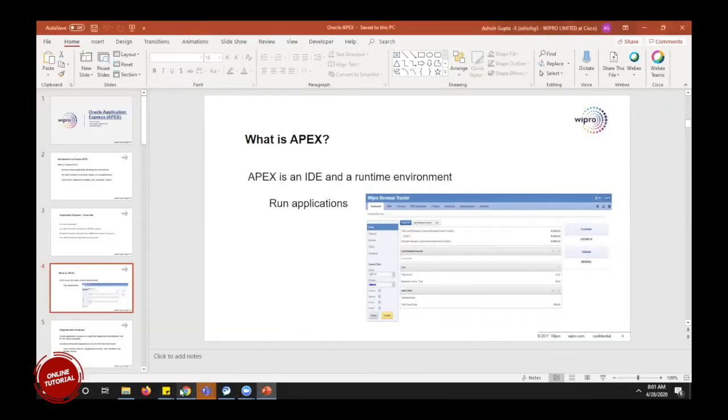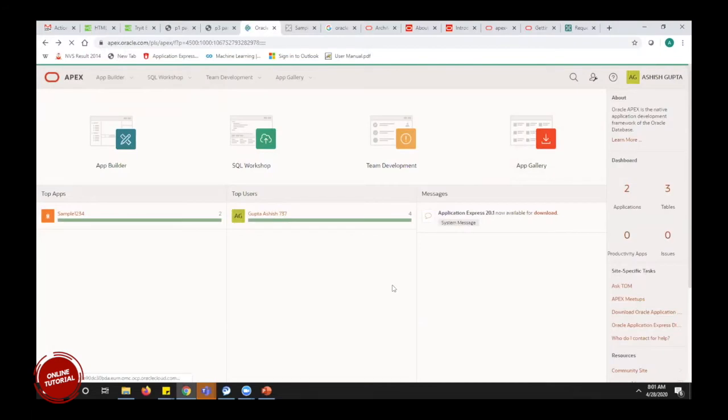Yeah, Ashish, just a simple question. So this Oracle Apex is mainly for reporting the data, like for visualization, or is it for development also, using this tool? I'm just a little bit confused on that.